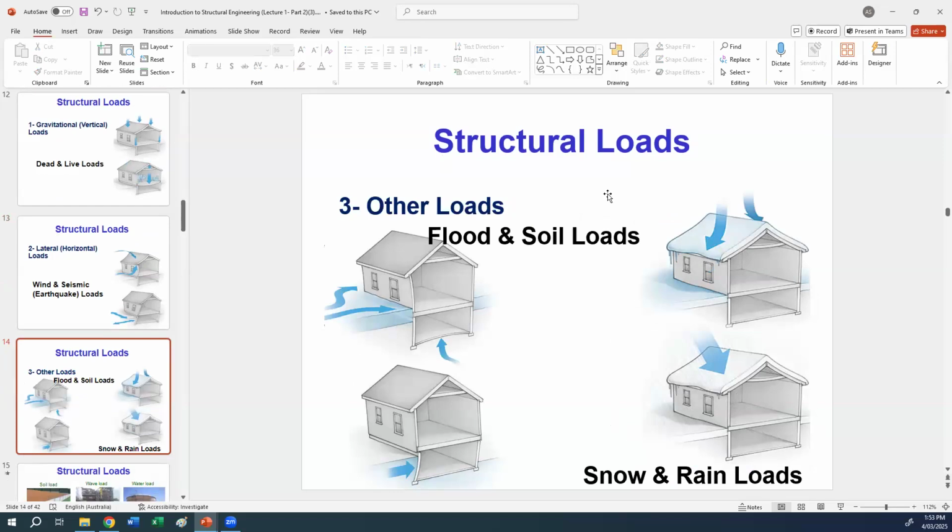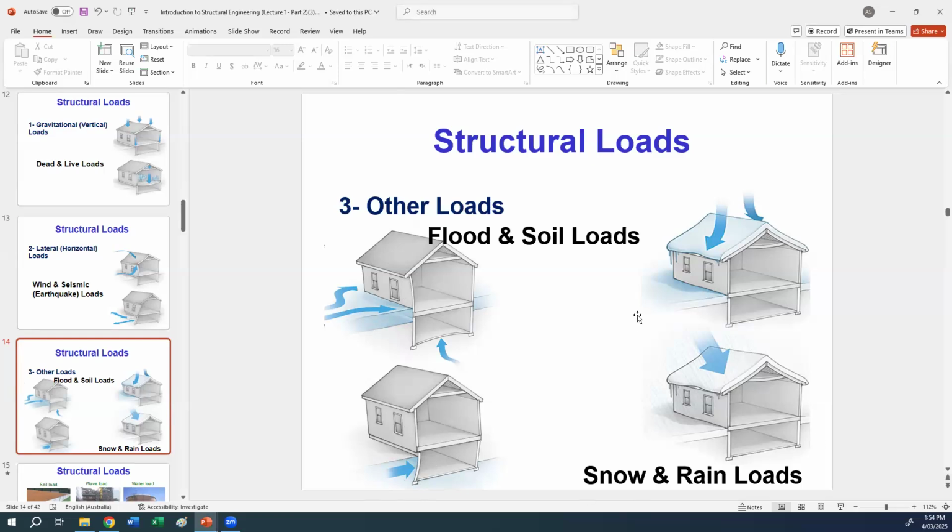We also have some other types of loads that we can classify as other, like flood and soil loads. For example, if you are in a city or suburb susceptible to flooding, the excess water will cause extra damage to the building or structure. That's why we need to consider it in design as well. Another one is earth or soil loads. As you can see in the bottom image here, we have some earth pressure acting on the side wall of the building, which can cause failure. So we need to consider it